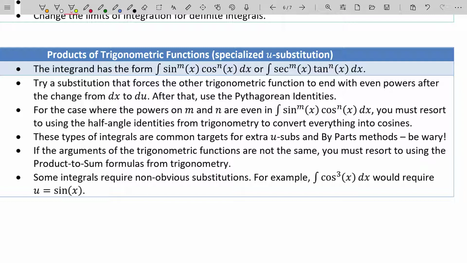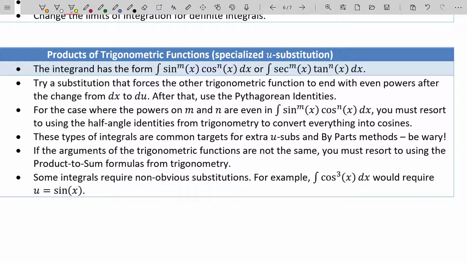A rarity, but it does happen if the arguments of the trig functions are not the same. So in other words, if you have a sine of 5x times a cosine of 2x or something like that, then you're going to have to use those obscure product-to-sum formulas from your trig course. Generally speaking, most professors will either provide you with those or allow you notes. I don't allow my students notes, but I definitely would provide them with those formulas